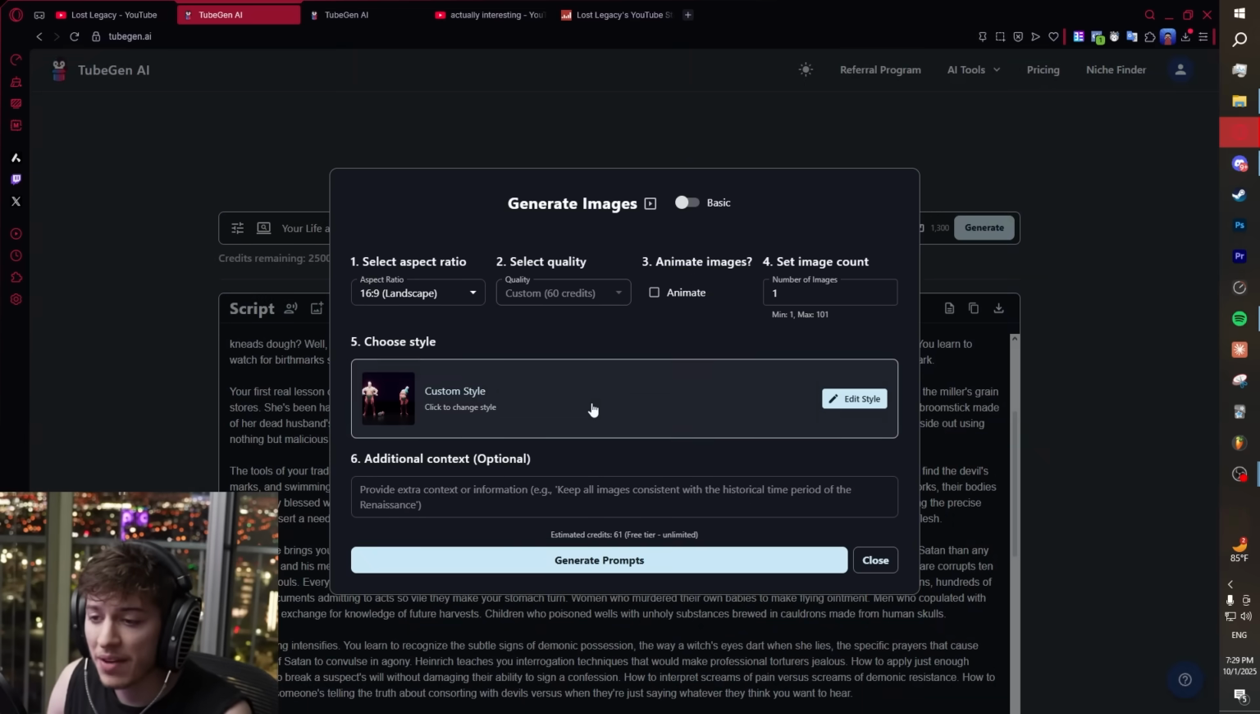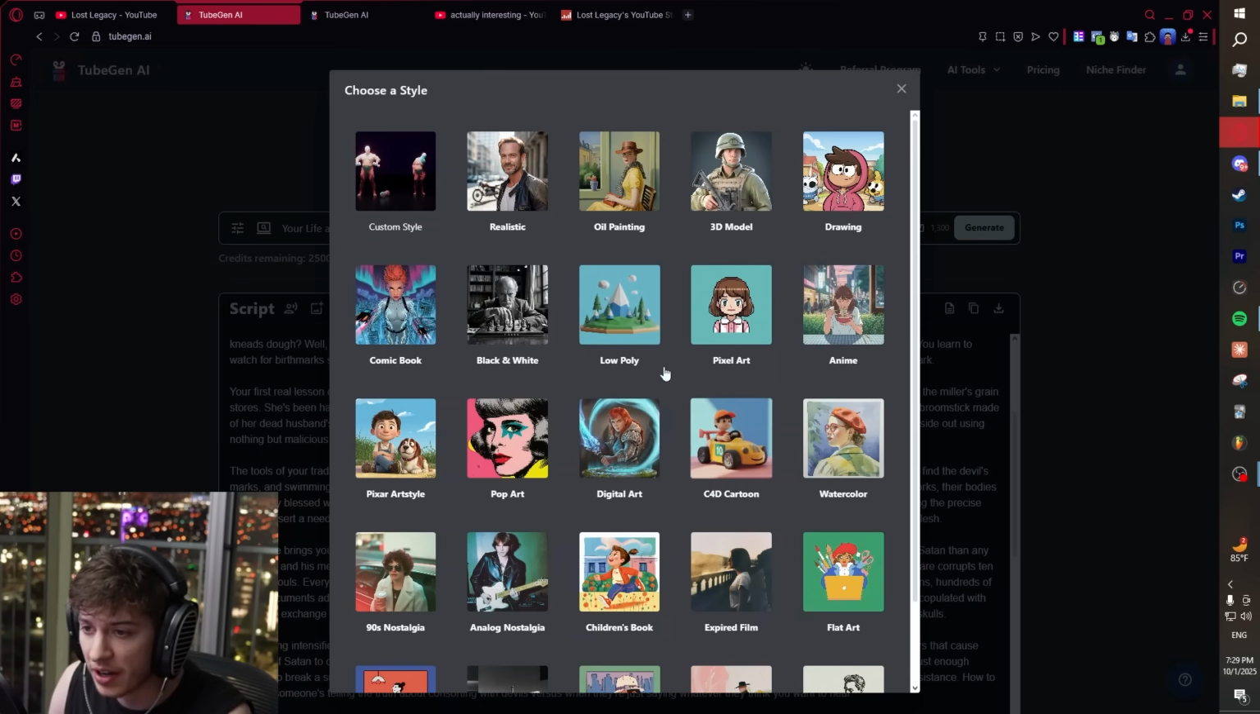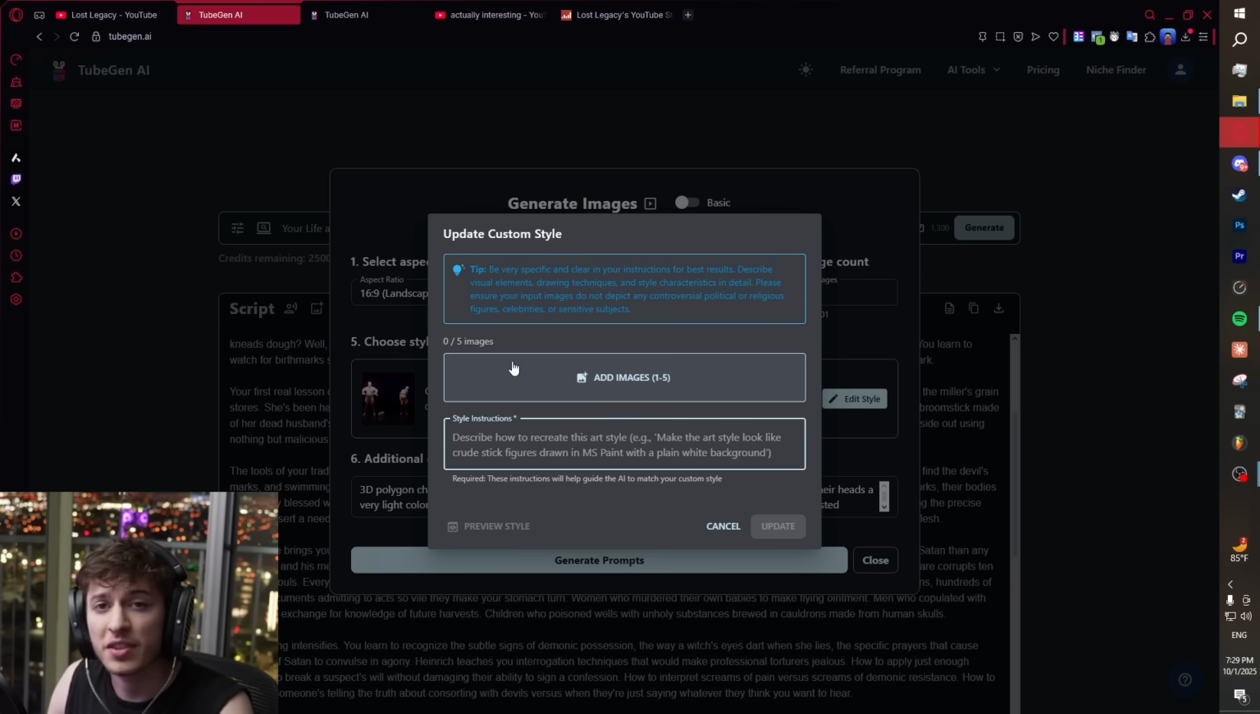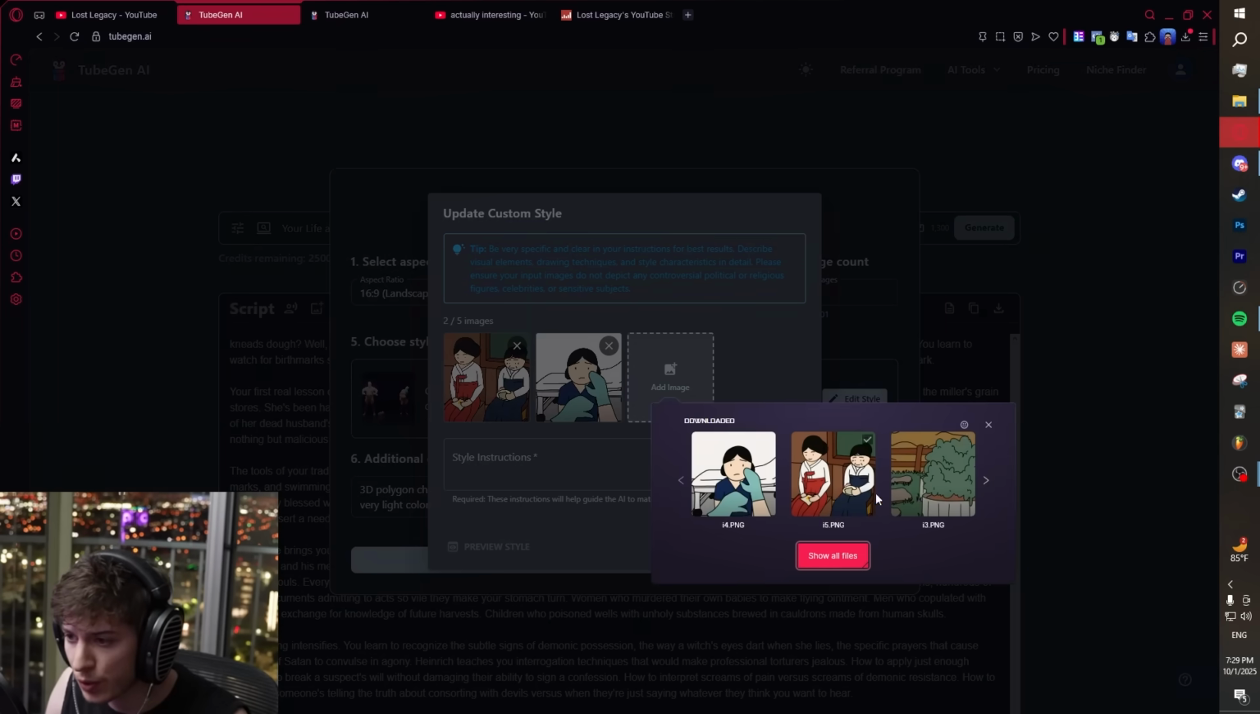So now we have this screen, so we can press here and there's a ton of different styles here, but for animation, we want to do custom style. And now it's as simple as adding those 5 images we got. So let me press this and add them. 1, 2, 3,